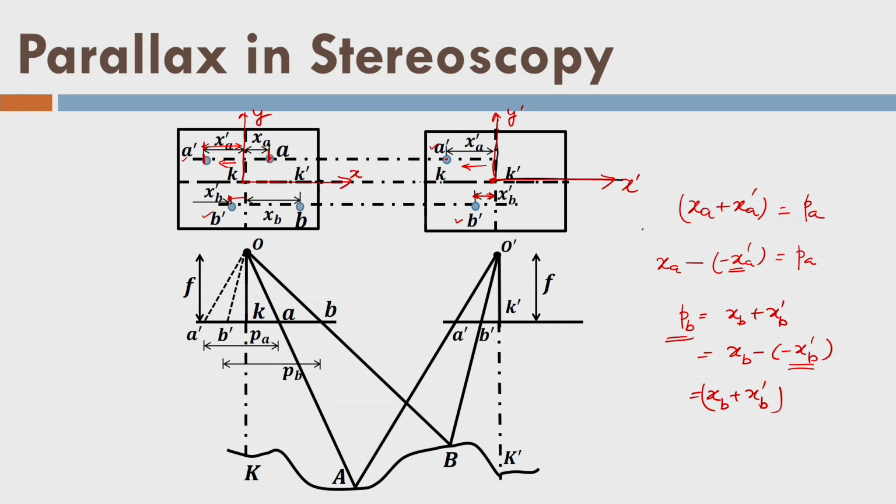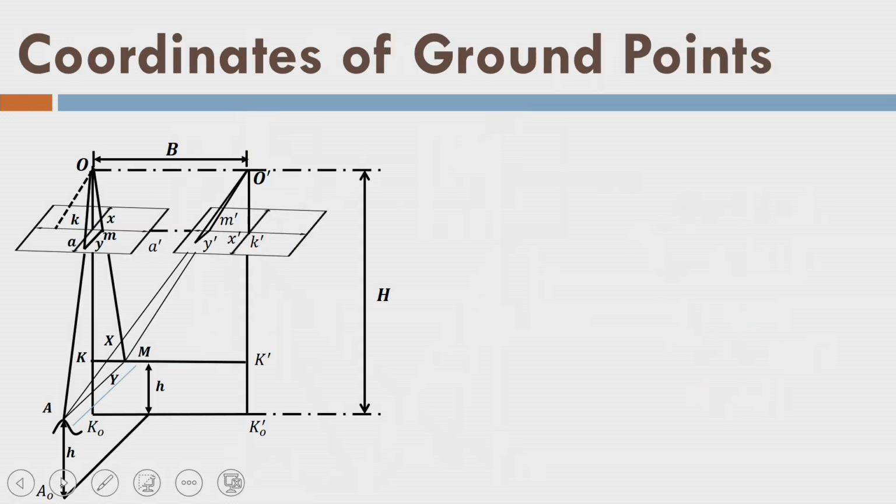In order to find out the 3D coordinates, I need to find out x, y and z coordinates. So let us first find out the x and y coordinates. The moment I find out x and y coordinates, then I will find out the z coordinate. Since aerial photography is acquiring all the things together, I am developing a simultaneous measurement of x, y and z system, but mathematically I am doing it separately. So let us look into this.